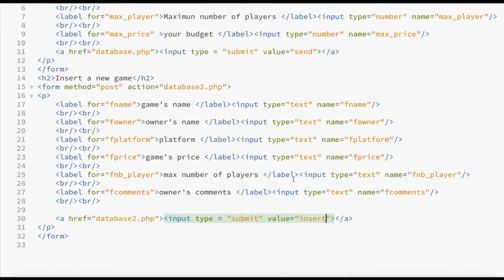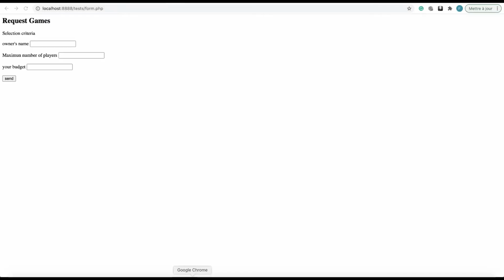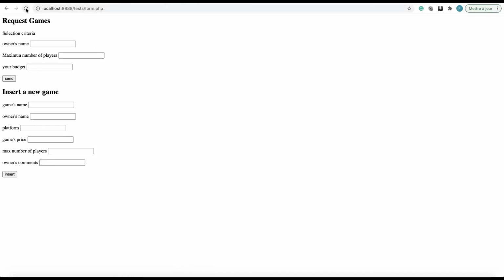Let us go and see how it is displayed in the navigator. So I reload it and I have my new form here. And having this form, we can now go to the PHP page and create the code that will link the inputs of this form to the database, such that by inputting information here, we should include new records in the table games.